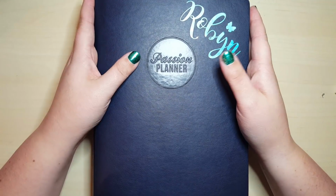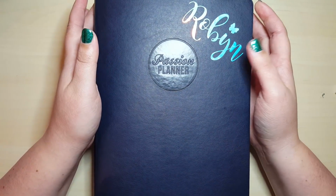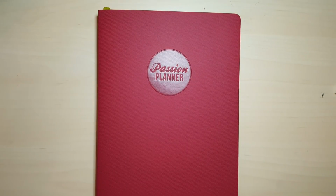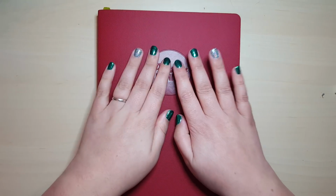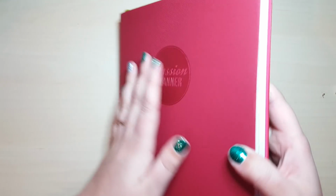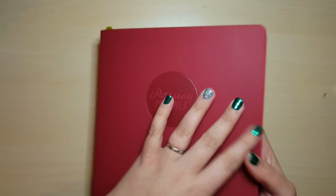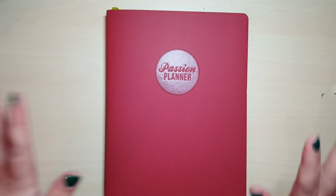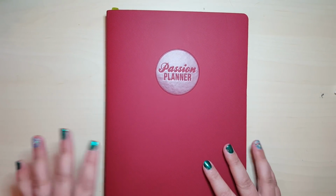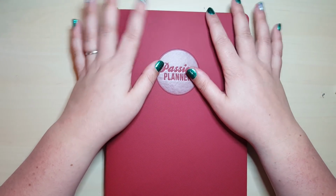So I've absolutely loved this planner, as I'm sure you can tell from the number of videos, but I am going to do my first plan with me in this one. So this is the Atrium Red Passion Planner, and this is the 2019 Pro, which actually has, I don't know if you can see this, the monthly sections have all got shaded bits down the side, so you can see them at a glance. So that's the big difference between the academic release and the calendar release. So I'm going to do my January setup